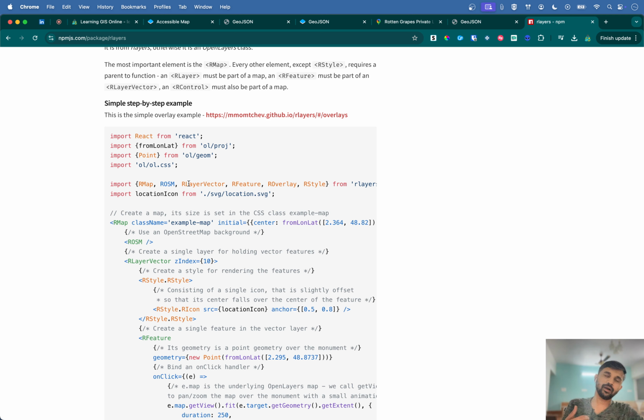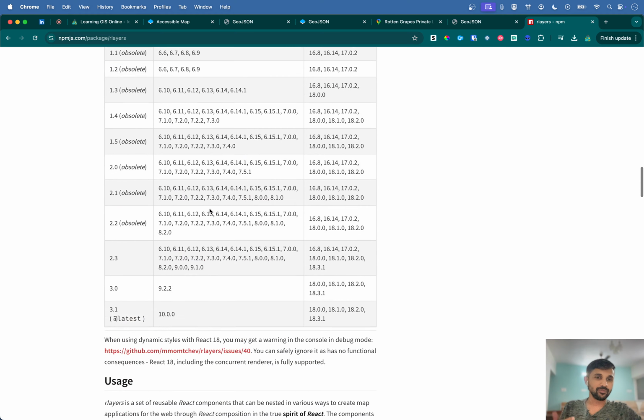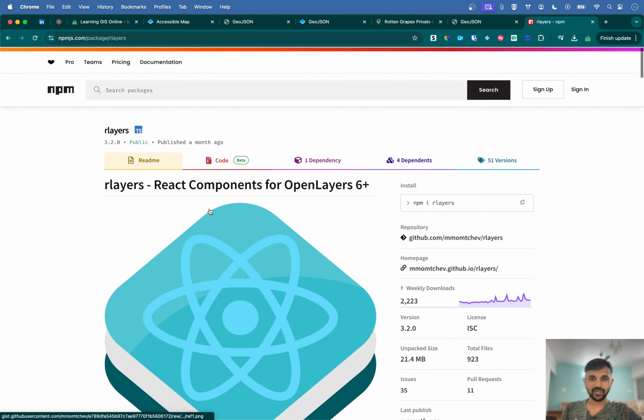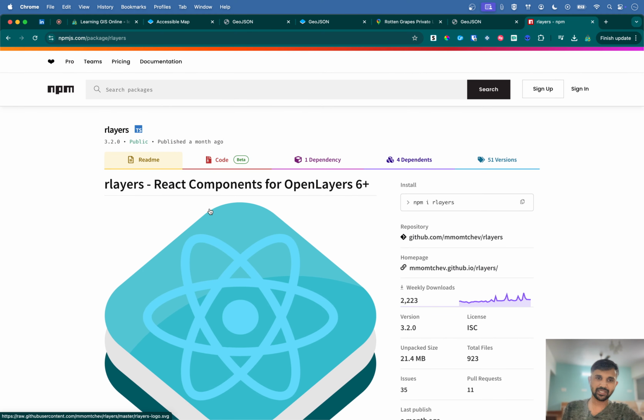I mean, apart from taking a little bit more time in creating the project, there is no downside, because you can essentially use any method, any control, any interaction that is available from Openlayers, since you are using the raw npm package directly. But having said that, I don't want to discourage you guys from using these kinds of packages. But